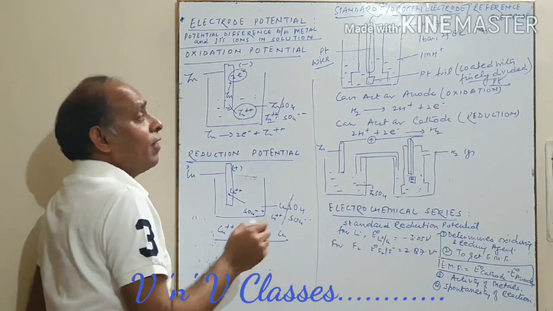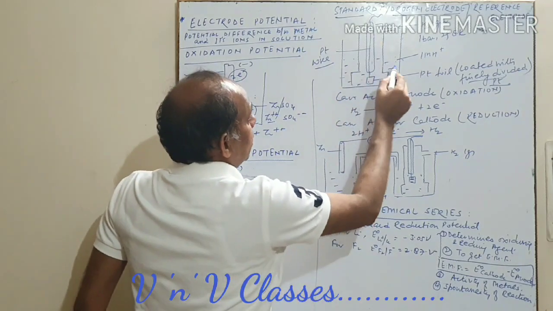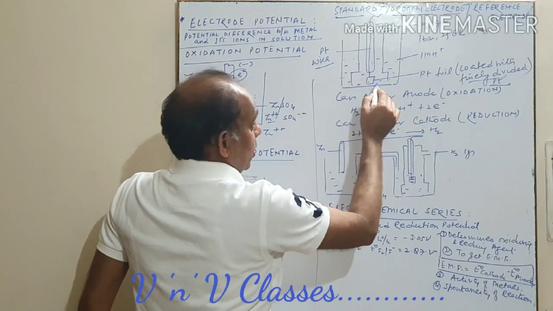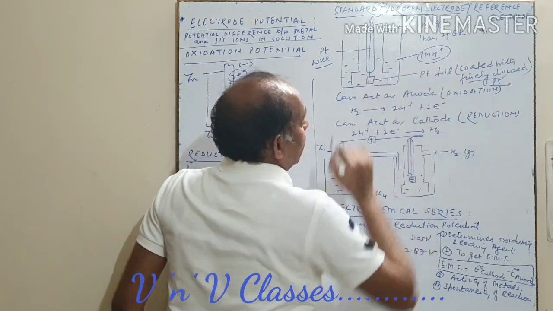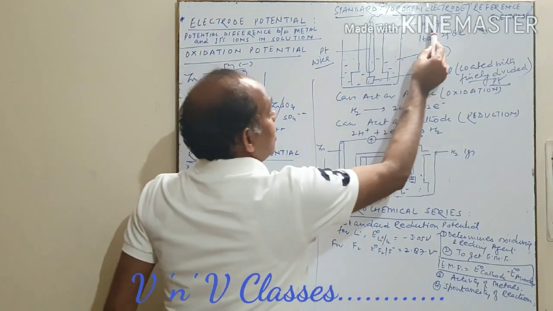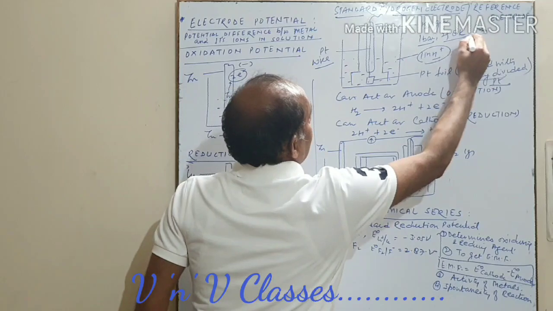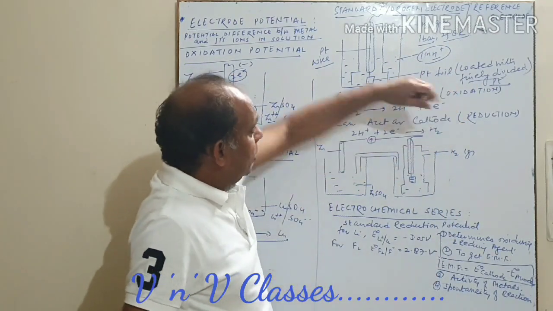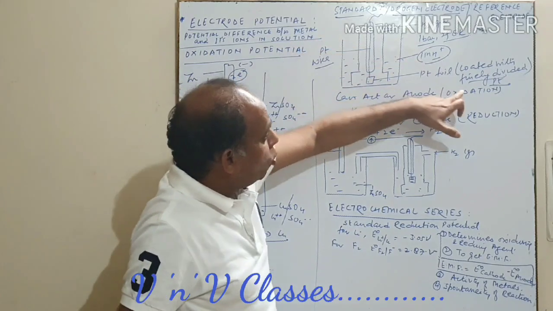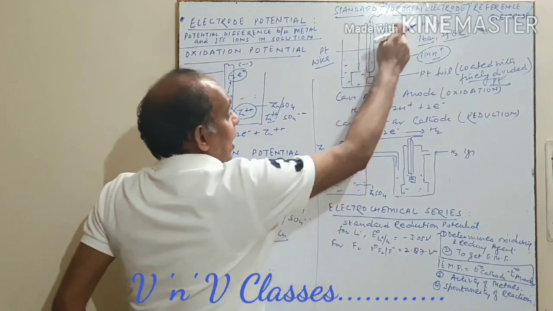You will get it right now. Okay, why is it coated with finely divided platinum? It is dipped in a solution of acid where the concentration of H ion is 1 molar. We pass hydrogen gas at 1 bar pressure and 298 Kelvin temperature. Now, I think it is clear why this platinum foil is coated with finely divided platinum, because the hydrogen gas